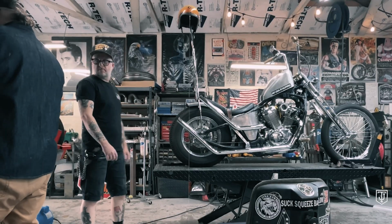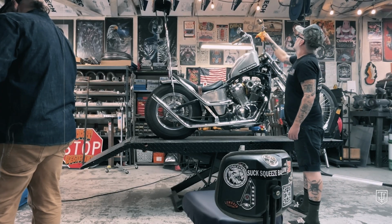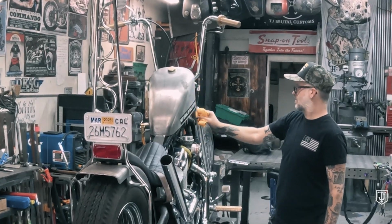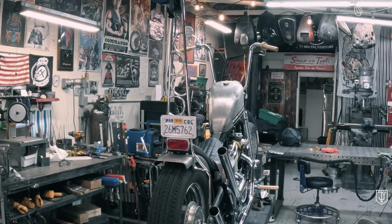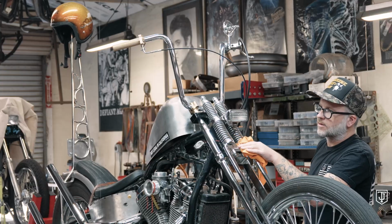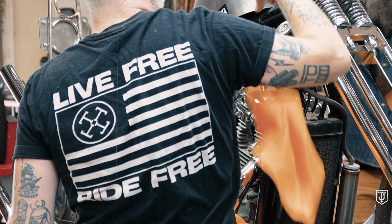You want to clean this thing up? Yeah, that would be great. Always wash your tool after sex or after you touch your motorcycle with it. And how clean do you want this thing? Pretty clean, pretty clean. Yeah, I guess we got it pretty good. About to get the...